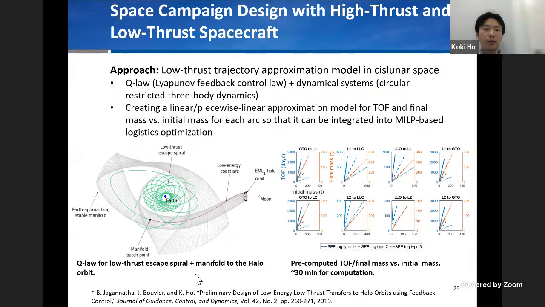Yeah, I think they will be important. Whether we want to use them for humans or not is a different question, because it takes time to go anywhere if you want to use low energy transfer. But they can be very useful for delivering some cargo or some satellites, and they can